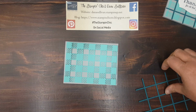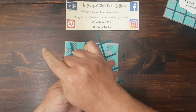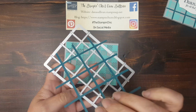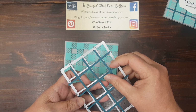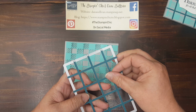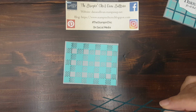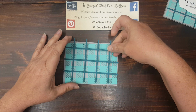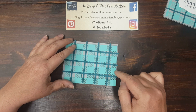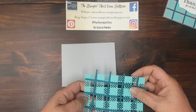And then for this piece, I cut a full 5.5 by 4 1/4, which is the size of the card front, and that covers pretty much the entire die cut area, except for just a tiny little bit on the ends, and then it also covers the whole front of the card so that you're including that border area. Alright? Okay, so then to attach these together,